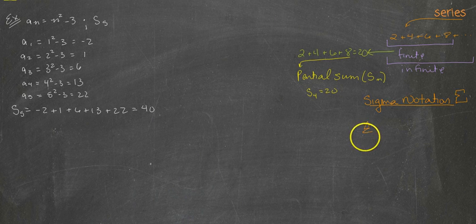And the notation instructions tell us that we want to add all the elements from n equals 1, being the first term, all the way to the last term, k. In this case, k would equal 5. And then we're given the formula, in this case, n squared minus 3, that produces each element. And these instructions tell us to add